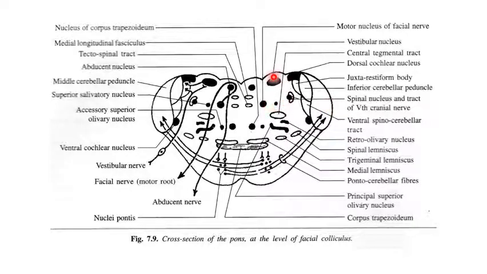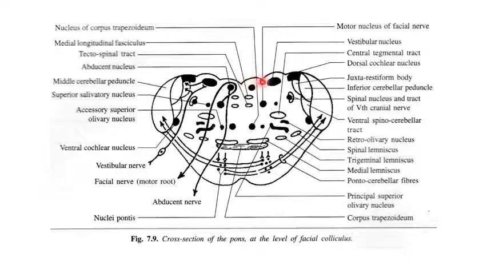After that, this is the floor of the fourth ventricle. This is the posterior median sulcus. This sulcus is the sulcus limitans. So this medial area is the medial eminence, and the lateral area is the vestibular area. So it is obvious that beneath the lateral vestibular area lies the vestibular group of nuclei, and in this section of the pons, it will contain the medial, superior and lateral groups of vestibular nuclei.